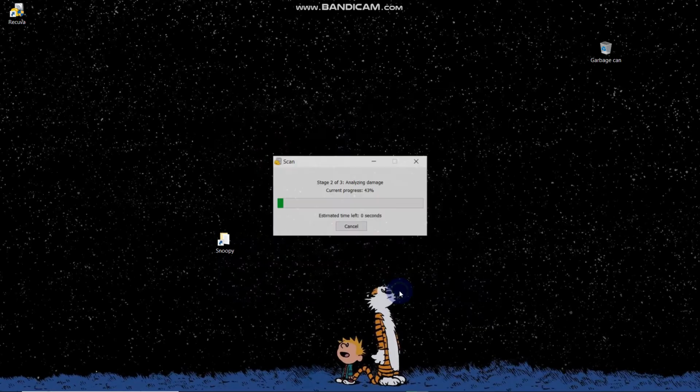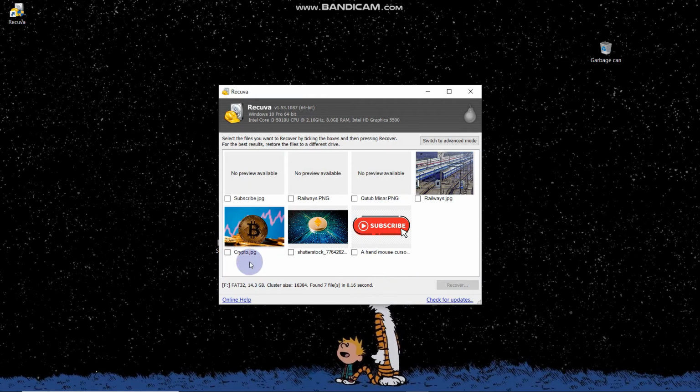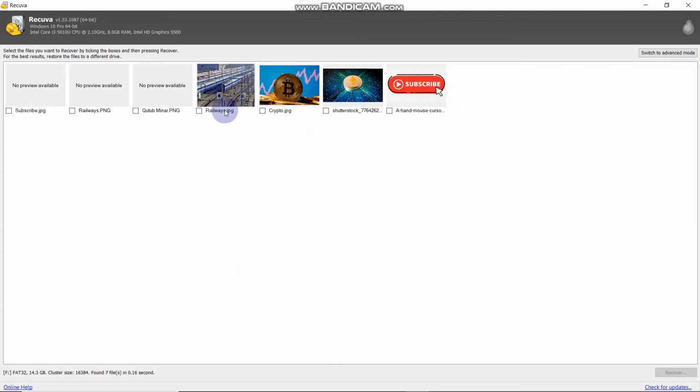Now click on start, and as you can see it has not only recovered the 4 images which I deleted, but it also has recovered 3 other images, but the preview is not available because it's only 1.19 KB, as I downloaded it from the internet. So as you can see, the 4 images I have deleted are here. It has identified the deleted images. Now in order to recover them, you have to check these boxes here. So I am recovering all the 4 images which I deleted earlier.